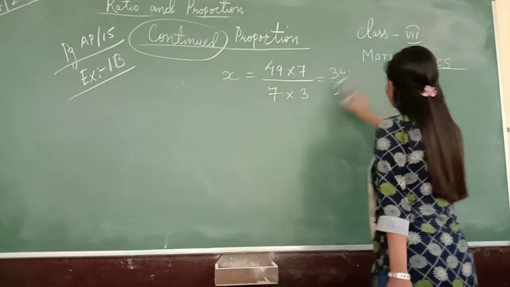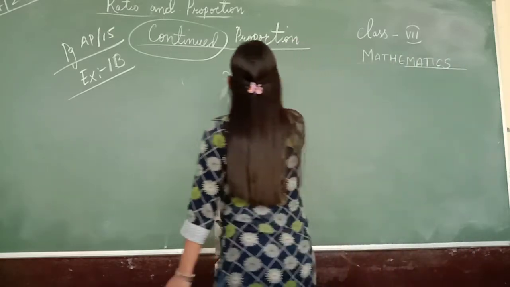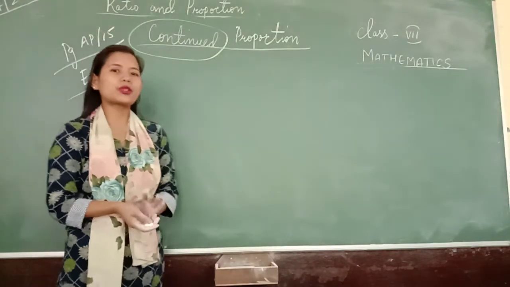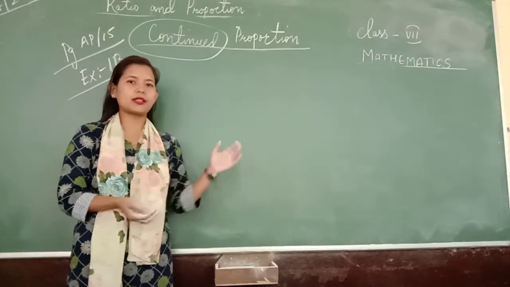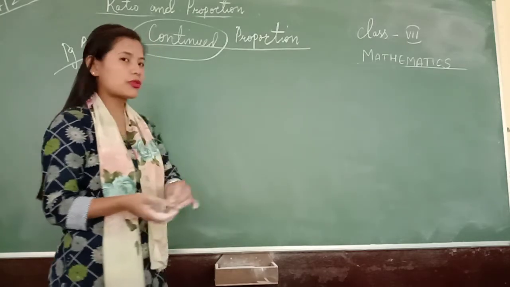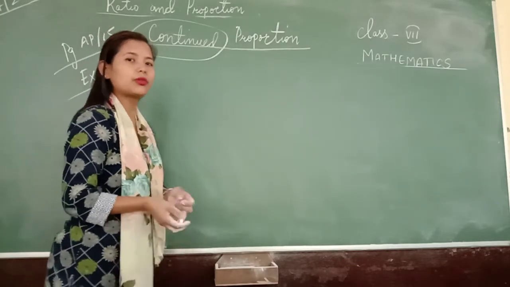You need to find the term b. Here we have a concept of square and square root. You need to apply that concept to find the mean proportional. So before finding mean proportional, let us see how to find the square root of a number.